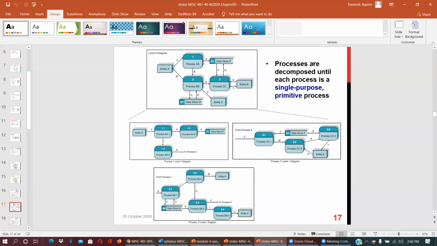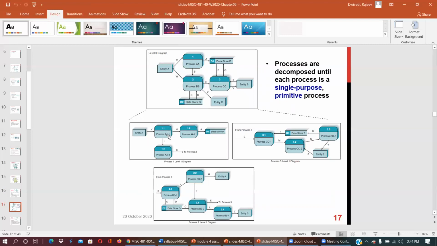So processes are decomposed until each process is a single purpose primitive process. Look into this. This is the level 1 diagram. Now it has been further decomposed. Look into process AA.